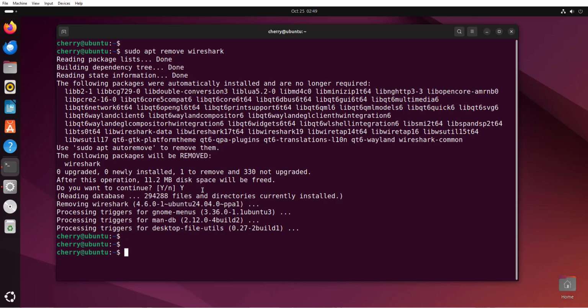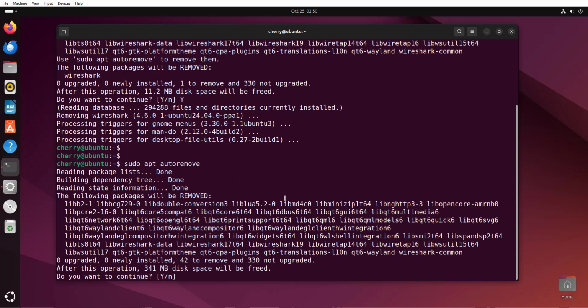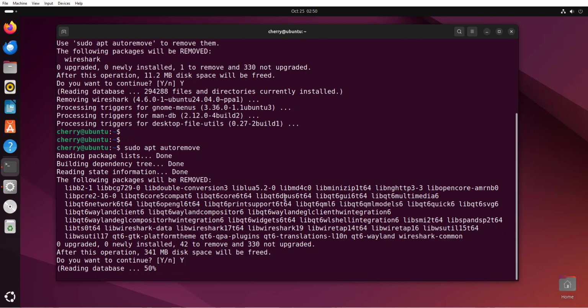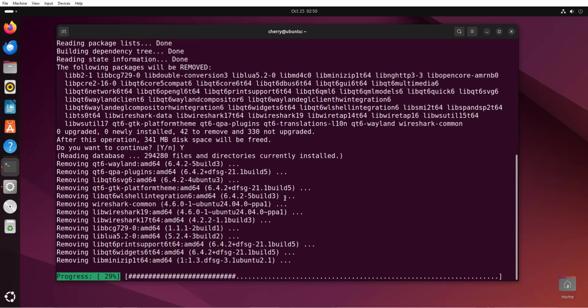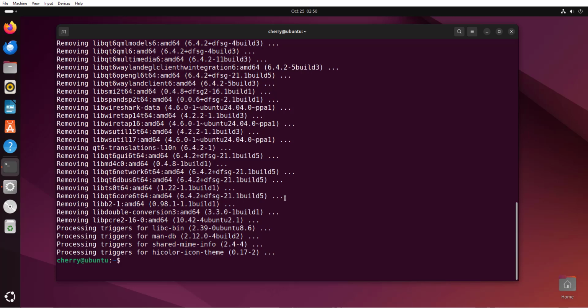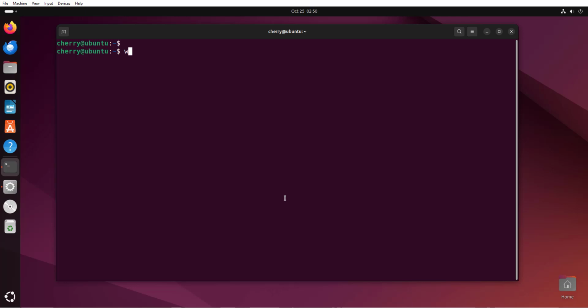And once that is done, now we can safely run the command sudo apt autoremove. This will free up your disk space by deleting these files that are no longer needed, and type Y and hit enter to remove these packages. So this will clean up your system. And there you go, we have successfully removed Wireshark. Now to confirm this, I can simply run the command wireshark --version to check its version. As you can see, you get this error here, no such file or directory,